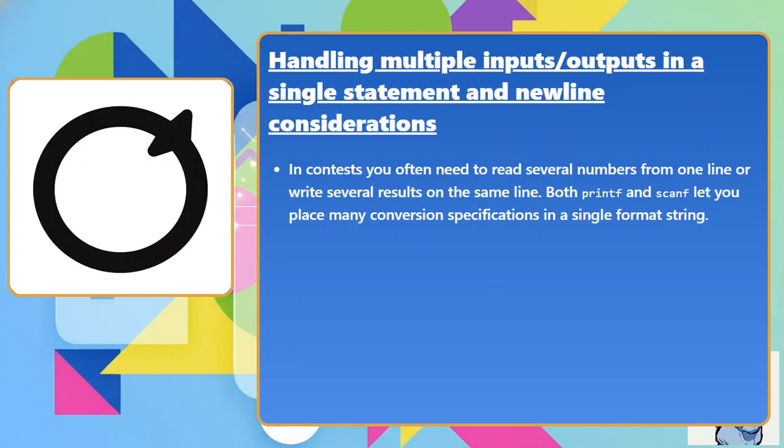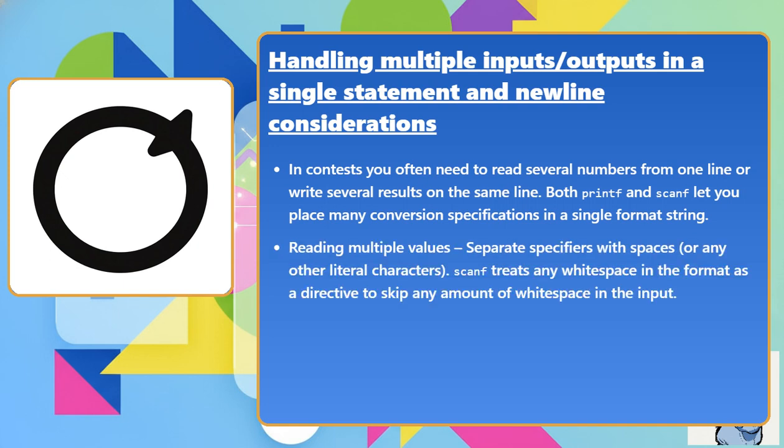In contests, you often need to read several numbers from one line or write several results on the same line. Both printf and scanf let you place many conversion specifications in a single format string. Reading multiple values: separate specifiers with spaces, or any other literal characters. Scanf treats any white space in the format as a directive to skip any amount of white space in the input. int x, y, z; scanf("%d %d %d", &x, &y, &z); // comment: